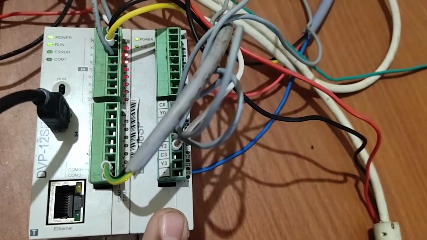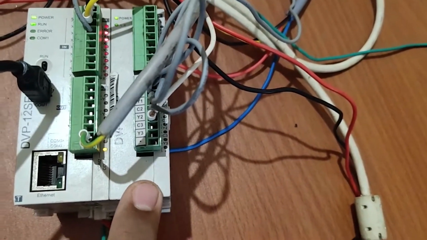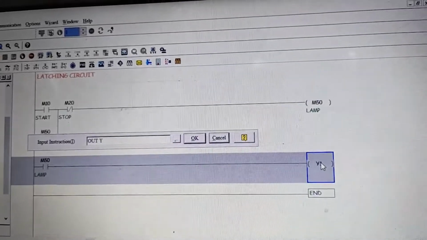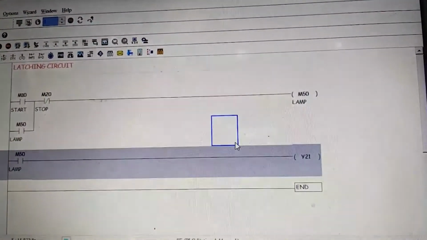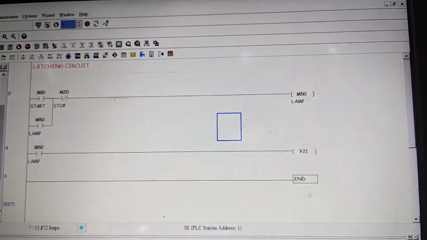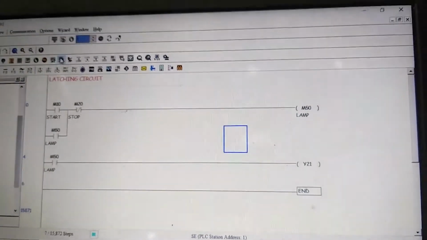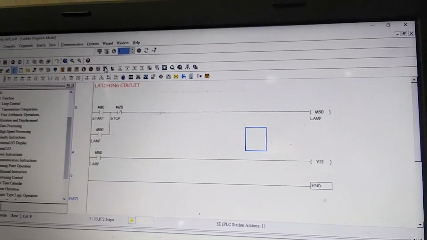For an extension, we should use Y20 onwards, 20, 21, 22. Here I am using Y21. After that, I compile it. No issues, so I download the program.